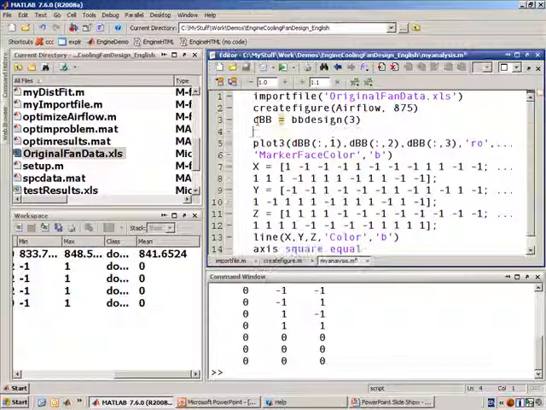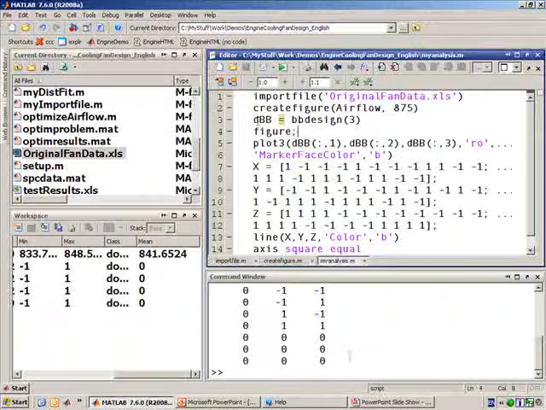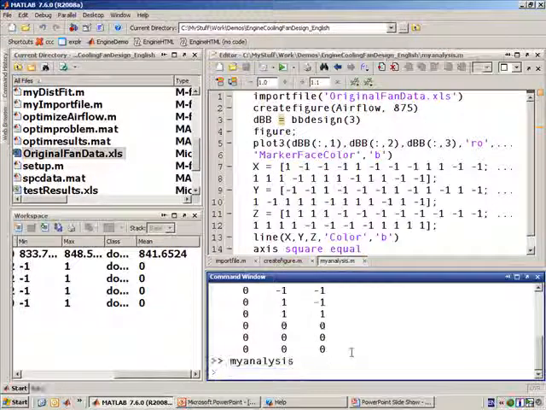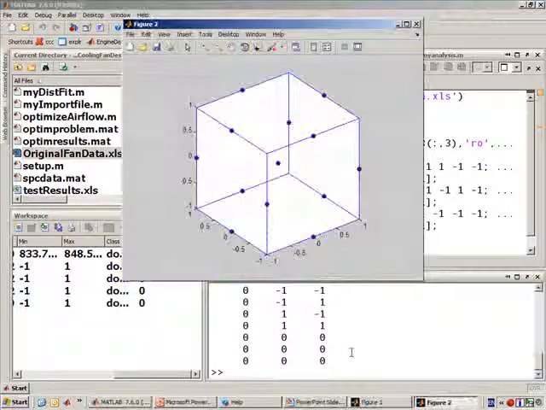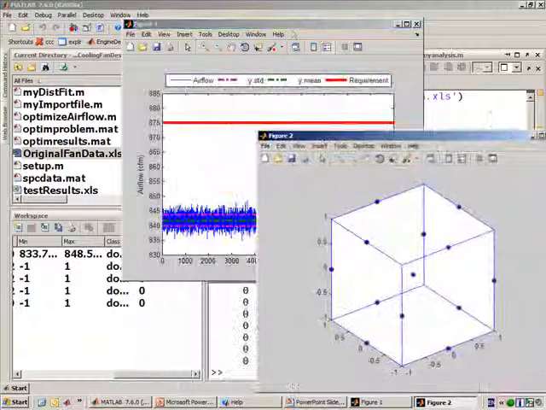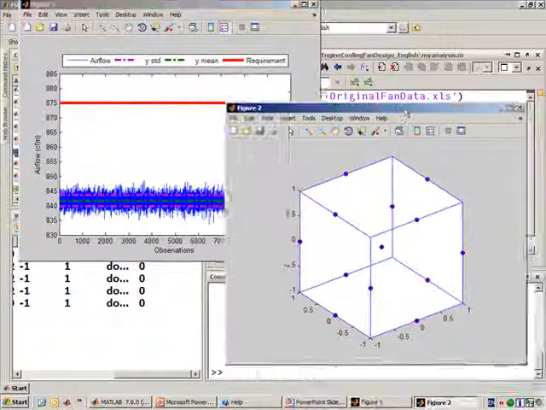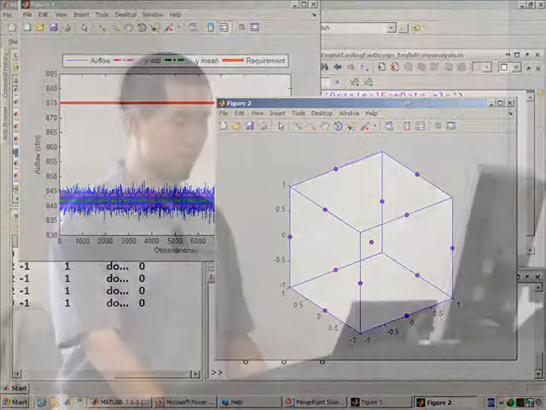Create an additional figure here. Call my analysis again. You see that it creates the visualization as well as the design of experiment, the design matrix, and the design cube. So this is how I can start to build and create a final script that will automate the whole process of this design